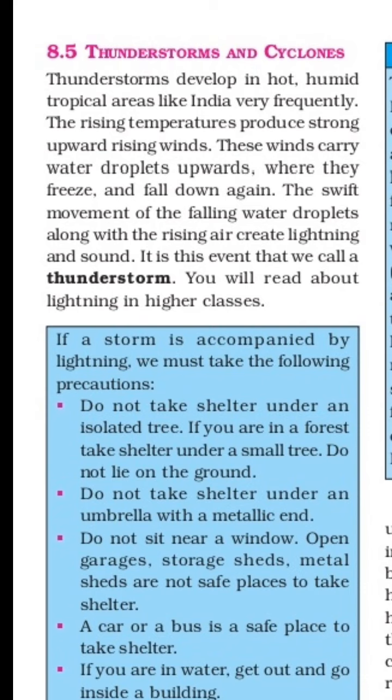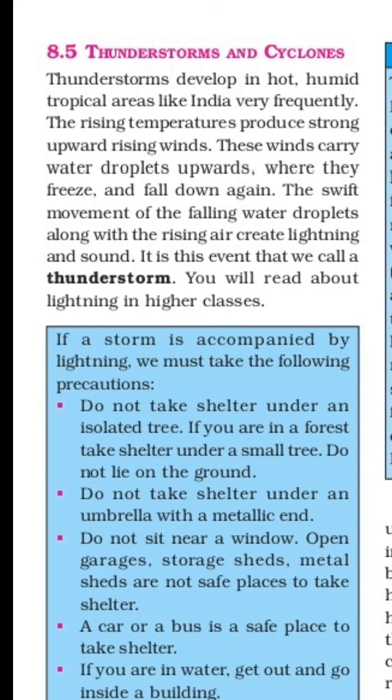It is observed in India again and again, and the rising temperature produces strong upward rising winds, because it is a hot humid tropical area. Because of that, sunlight is more and temperature is more. Because of the high temperature, air is heated up, and in the same situation water also heats up and is converted into water vapor, and when the air goes upward, these winds carry